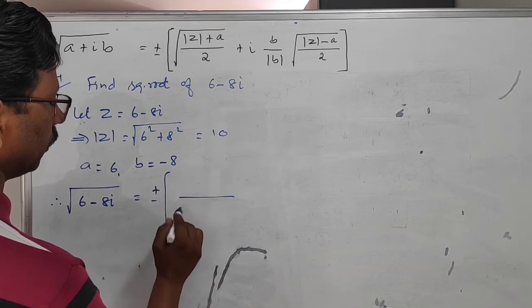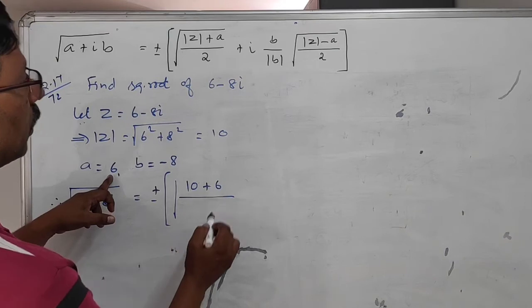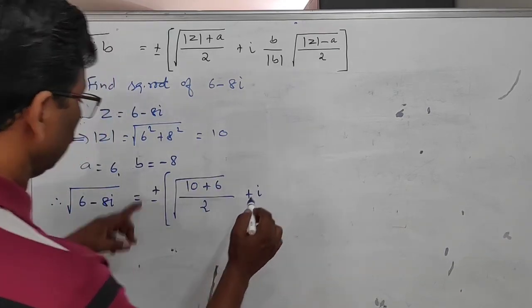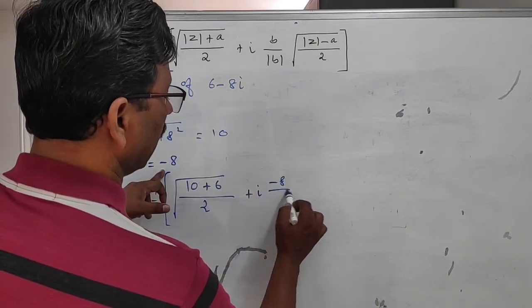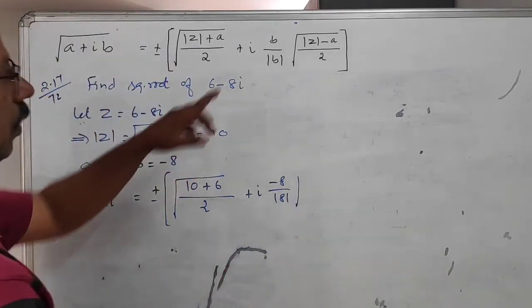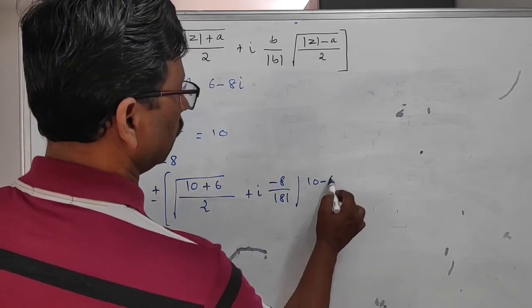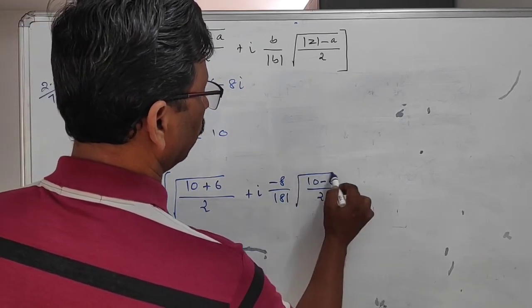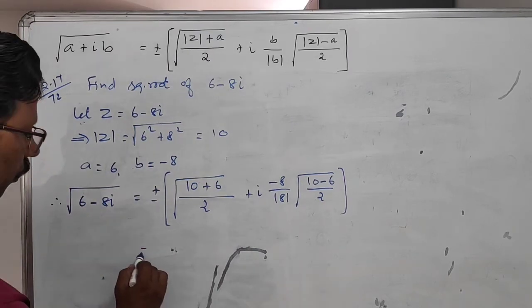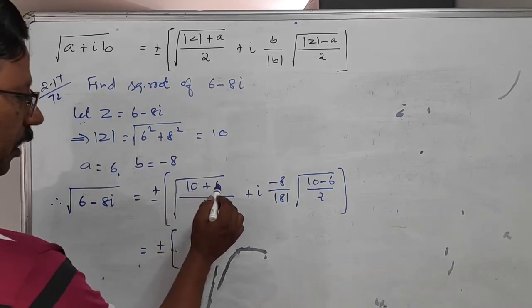Root of 10 plus A, that is 6, by 2, then plus i into B, that is minus 8 by modulus 8, into root of modulus z, which is 10, minus A, that is 6, by 2. That's all. Now if you simplify, you will get the result equal to plus or minus